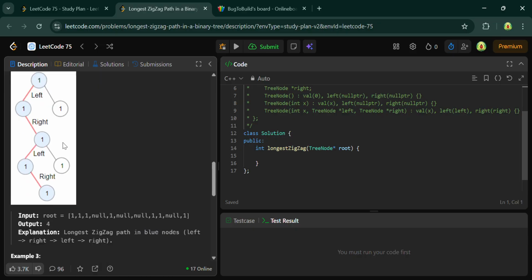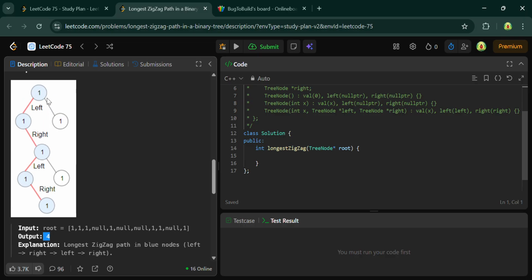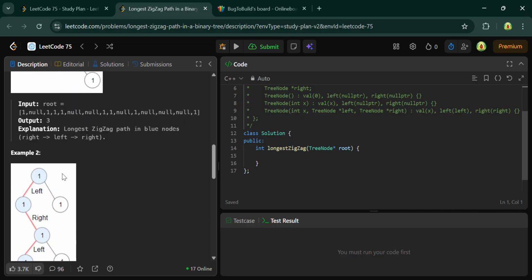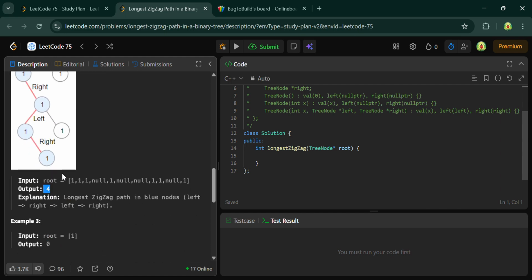In the same way, here is a 1, 2, 3, 4. So you just have to return the 4. Okay, the size of a zigzag path is 4. This cannot be considered, because there is 1, 2, and it is moving only right, right and right. The first is left, right, left, right. Okay, so you just have to consider only those paths. So you just have to return the maximum